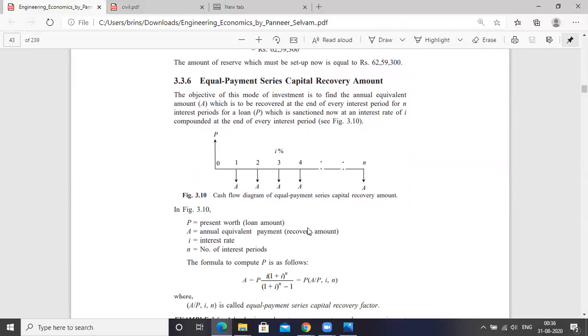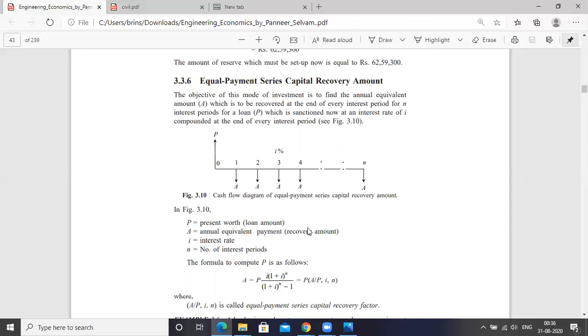Okay. So next we have the equal payment series capital recovery amount. The equal payment series capital recovery amount is also called the equal payment or uniform series capital recovery factor. So the equal payment series capital recovery amount is the same, and the uniform series capital recovery factor is also the same. So to understand this,